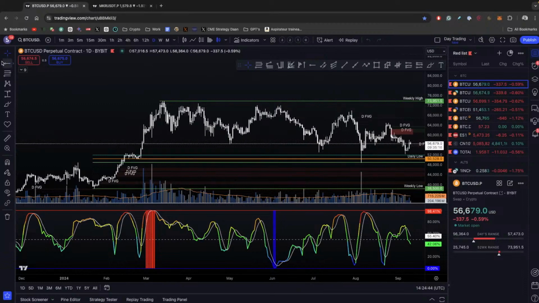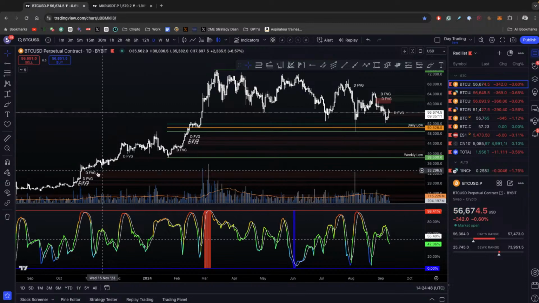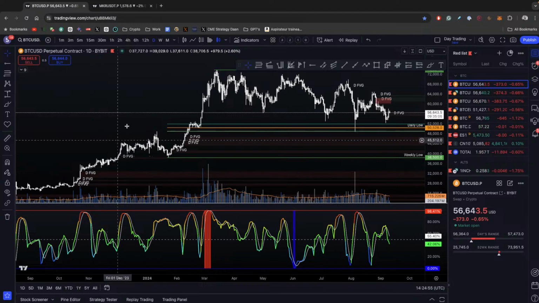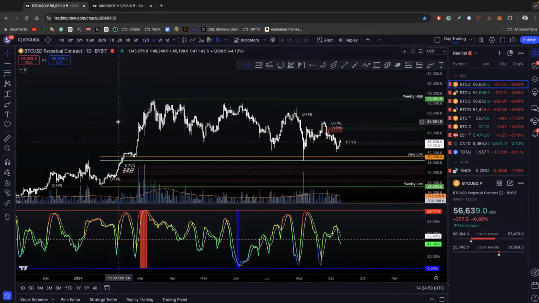So this is going to be a refinement on what we already have, but I also think we're going to be able to use it on fair value gaps to determine whether or not it is likely that the fair value gap will hold, or at least change the perceived probability on it. So that's what's coming. They both are still work in progress. I'm going to refine them way more. It's going to be very cool. I'm very excited about it. I think it's going to refine our approach dramatically, especially this one.